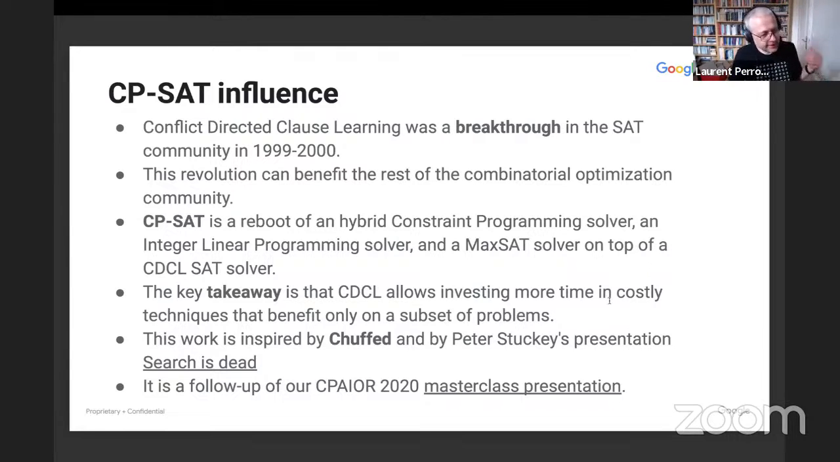So CP-SAT is the re-implementation of a CP solver on top of a SAT solver. And along the path, when we were writing CP-SAT, we actually added a simplex and started to make CP-SAT not a MIP, because there are no continuous variables, but an integral linear solver. And it's also a MaxSAT solver because we take that. Now,